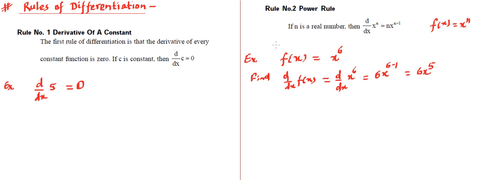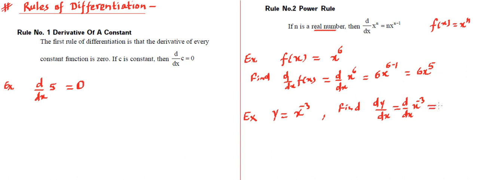Okay, we can take another example as well. Let's say y is given to us as x raised to power minus 3, and we need to find dy upon dx. That means we need to find the derivative of y with respect to x. So we are going to simply carry it forward. We will say d upon dx of x raised to power minus 3. Since it's x raised to power minus 3, you can say this minus 3 is behaving like n, because n can be any real number. So that's minus 3.